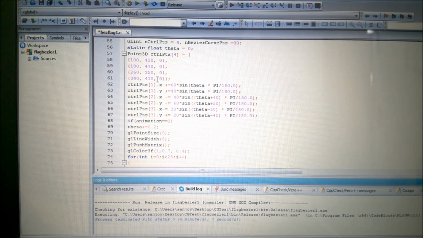y coordinate of the second, third and fourth control points are changing, but the first control point is not changing, because the first control point will be attached to the stick, the holding stick of the flag. Their first control point is not to be changed. But second, third and fourth control points will be changing, and the sine function varies from -1 to 1, and therefore every time the display function will be called, the x coordinate, y coordinate will be changing if the